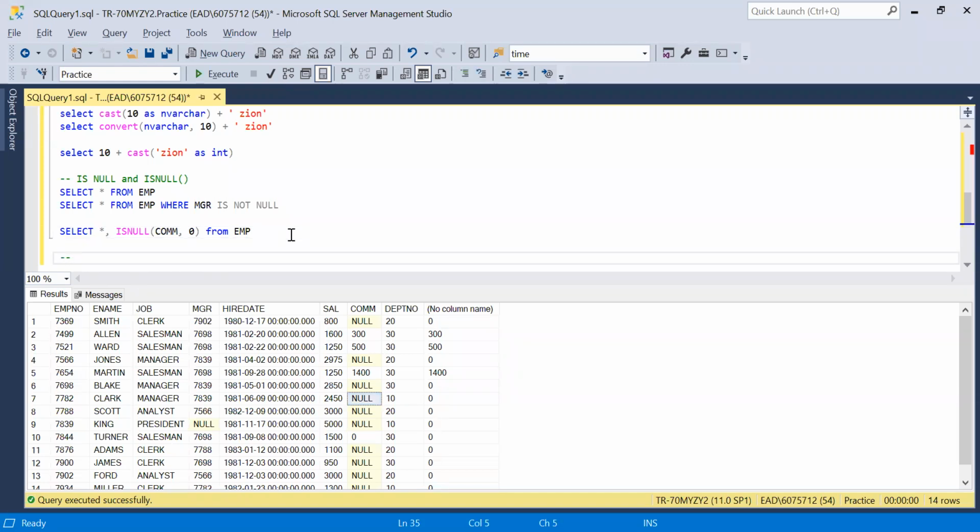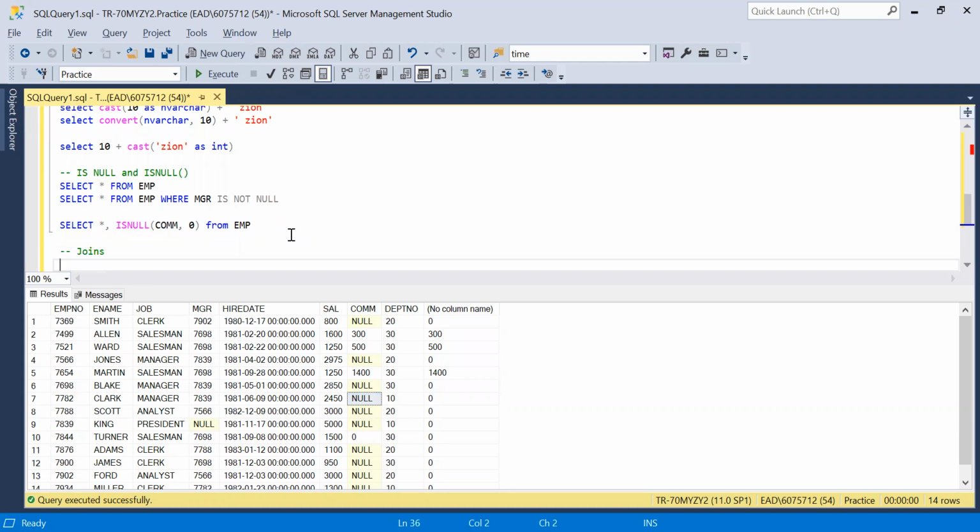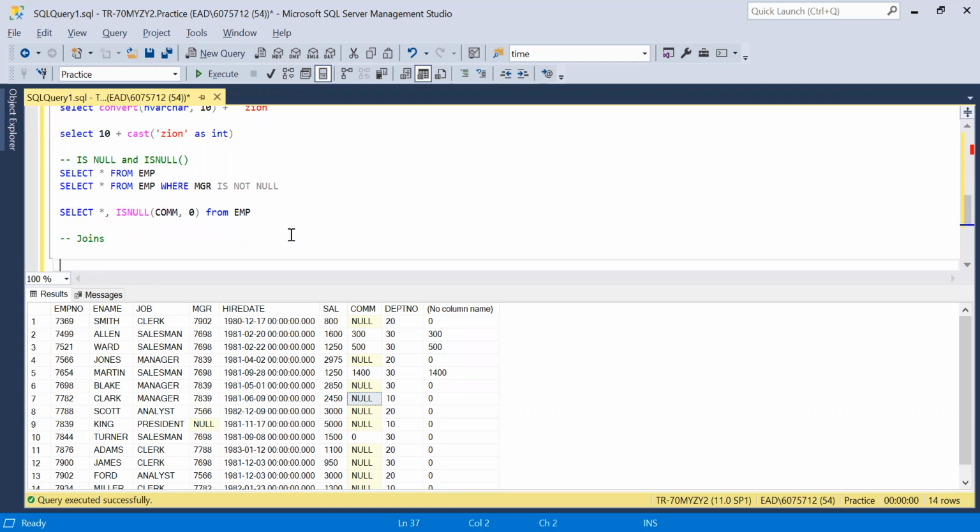So let's move on to joins. It is showing in a separate column, sir. Yes. While we want to show it for a client or manager, whoever it is, even though the nulls are visible, then